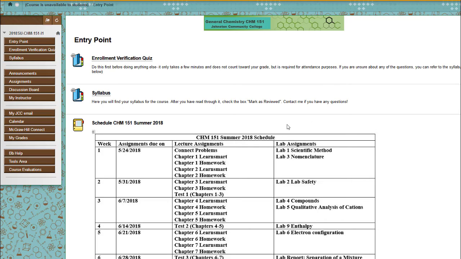For the first week, just make sure that on the entry point you do the enrollment verification quiz, and that, unlike everything else, is not due Thursday. It's actually due Wednesday the 23rd, since that is our census date. So make sure that you complete that by the census date. The syllabus, make sure you do the syllabus